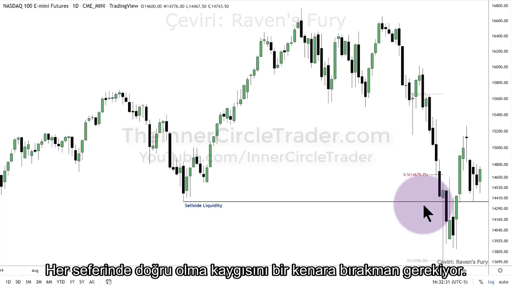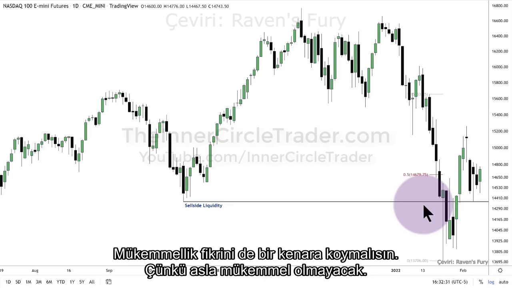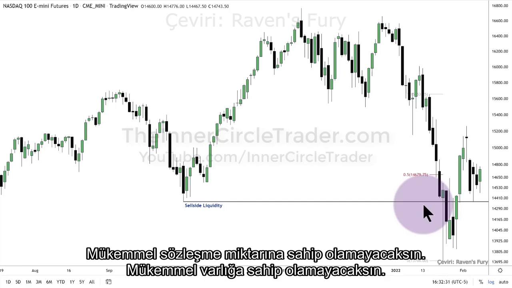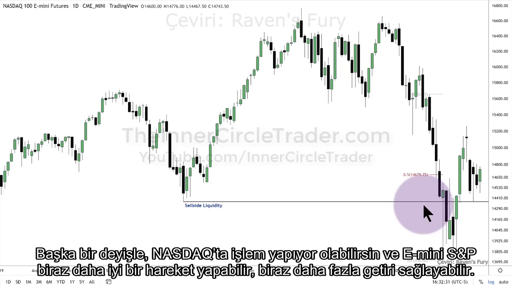You need to get over the concern about being right every single time. You need to put aside also the idea of perfection, because you're not going to have it perfect. You're not going to get in perfectly. You're not going to get out perfectly. You're not going to have the perfect amount of contracts. You're not going to have the perfect